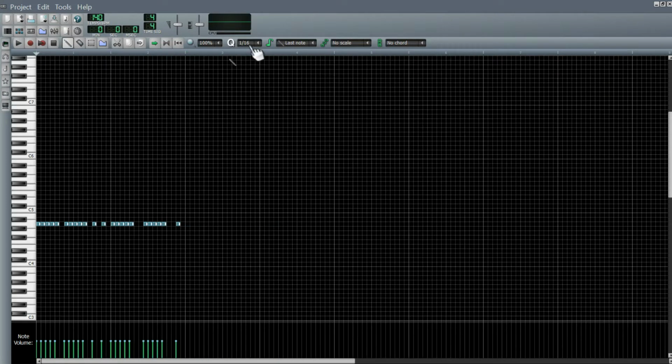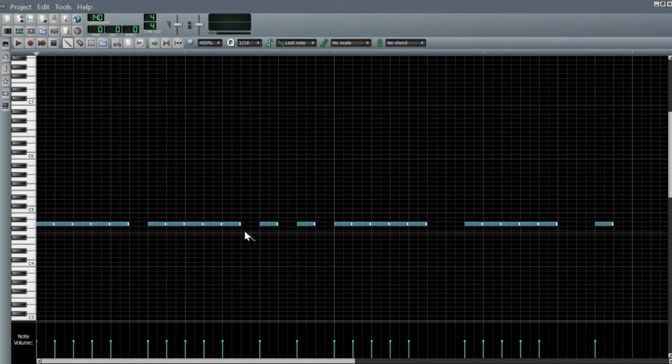You want to set the quantize to something other than 1/16, something faster than that, in order to make the hats sound like they're blending together. So, for example, I can only place a beat here or here. If I change the quantize up here by clicking on it, that means that I can place notes in any of these. And if I change it to 1/64,